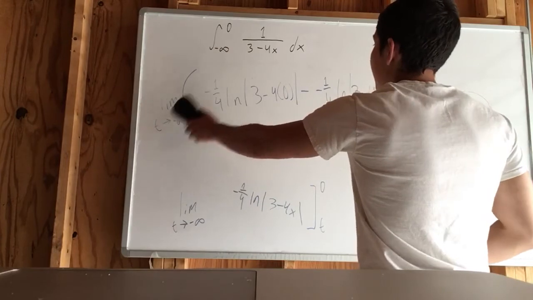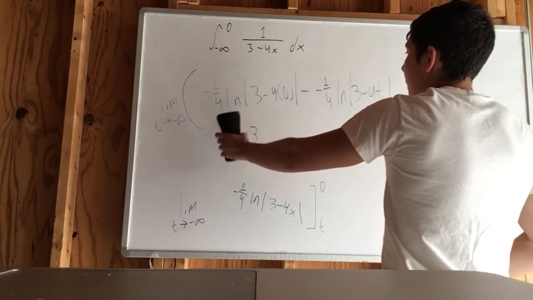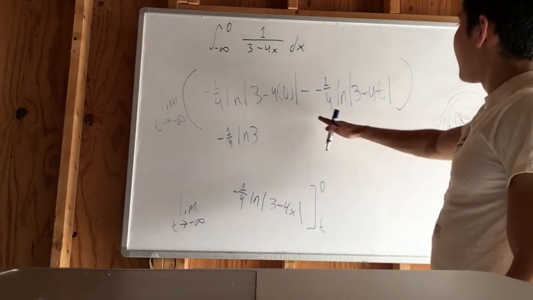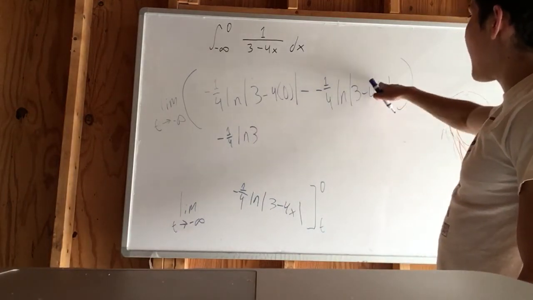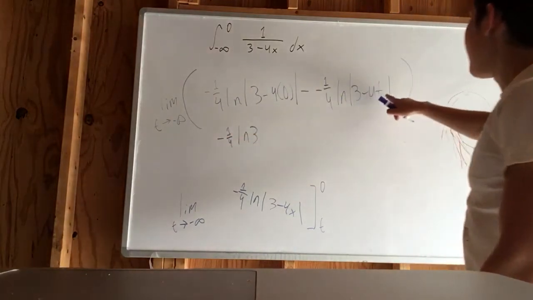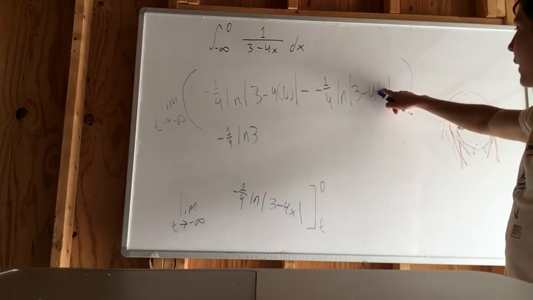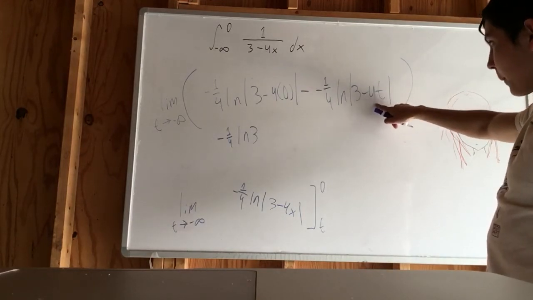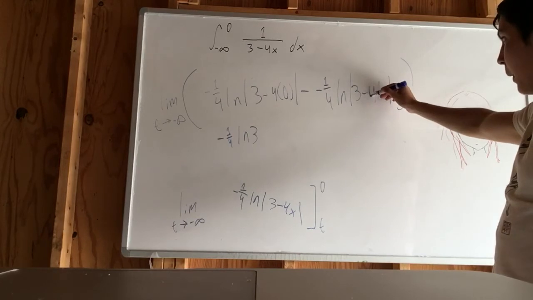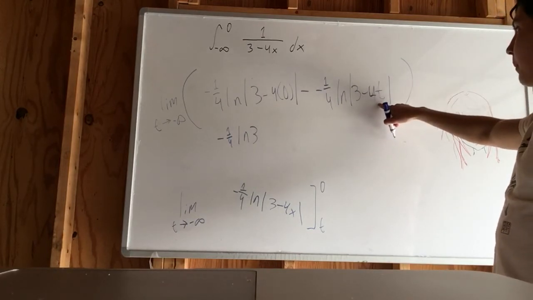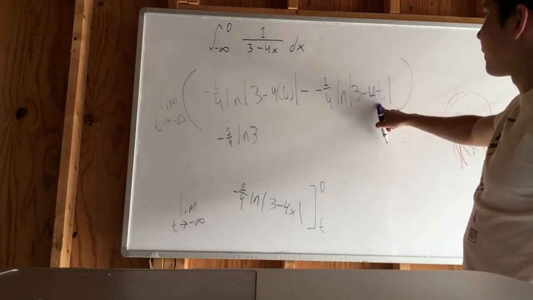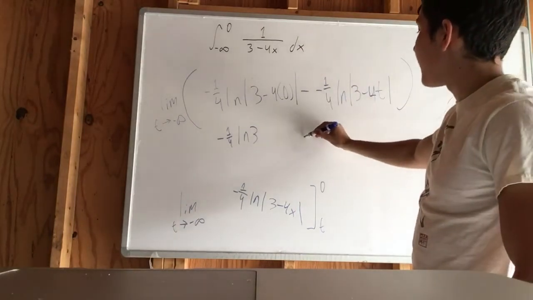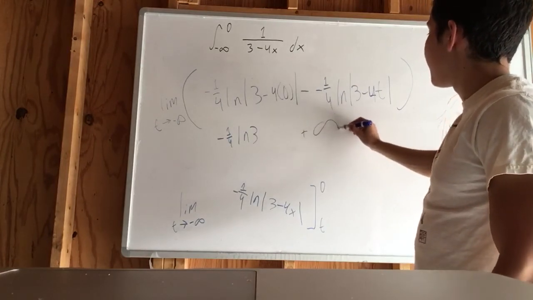You are technically taking the limit of this entire thing, but when you take the limit of something which is just a number, it's just a number. When you take the limit of this over here, you do have to plug in the negative infinity into this t. So what happens when you plug in negative infinity and multiply this by negative 4? Because this is negative 4 right here. You get a positive infinity. So whatever happens, you already have a positive infinity here. You have positive infinity